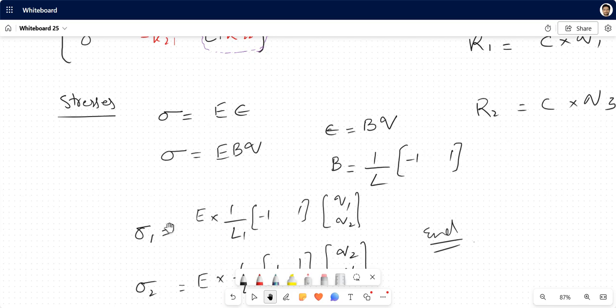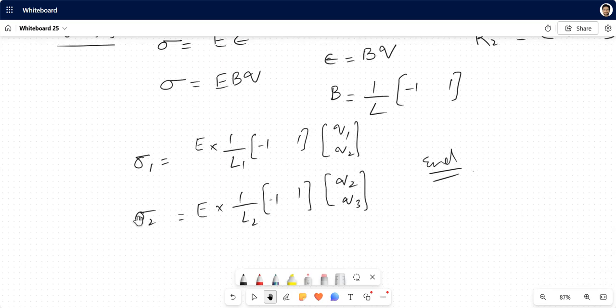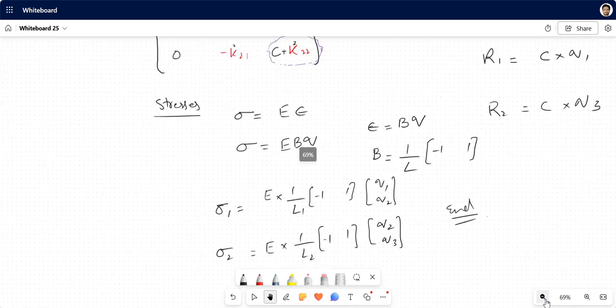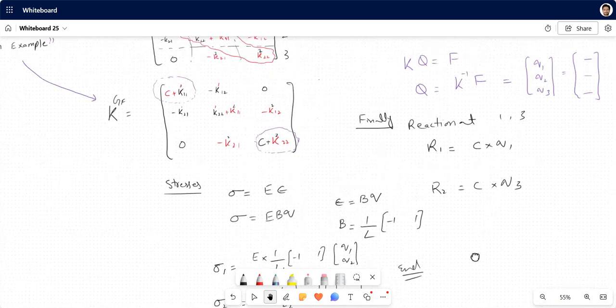So remember, sigma 1 is for the first element, and the first element was made up of nodes 1 and 2. That's why q1 and q2 will be written. And for the second element, the stress will be calculated with nodes 2 and 3, since it's comprised of nodes 2 and 3. That's why nodal displacements for 2 and 3 are used to calculate the stresses. That's how you will solve this whole FEM question with a one dimensional problem